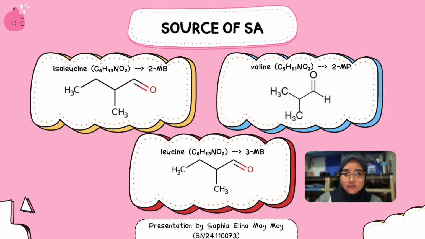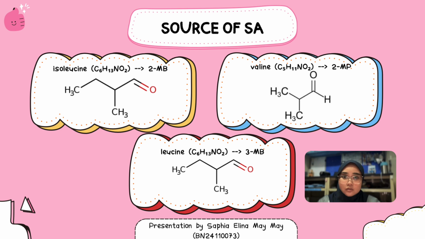Strecker aldehydes are derived from a few amino acids, including valine, isoleucine, and leucine. These compounds are often referred to as Strecker degradation products because they contain one less carbon atom than the original amino acid. For this research, we focus on the following: 2-methylbutanal, 2-MB, synthesized from isoleucine, C6H13NO2, 2-methylpropanal synthesized from valine, C5H11NO2, and 3-methylbutanal synthesized from leucine,